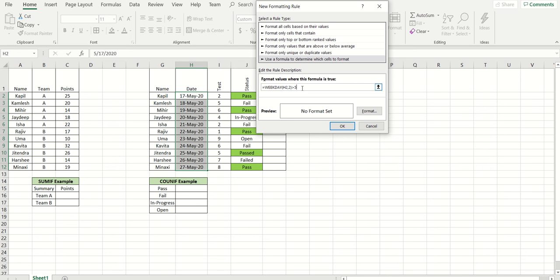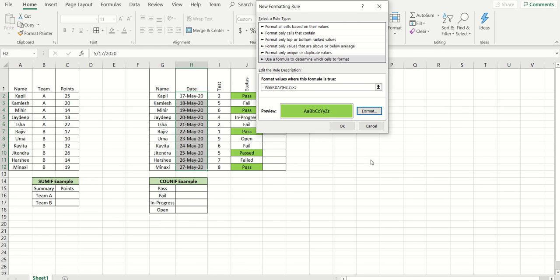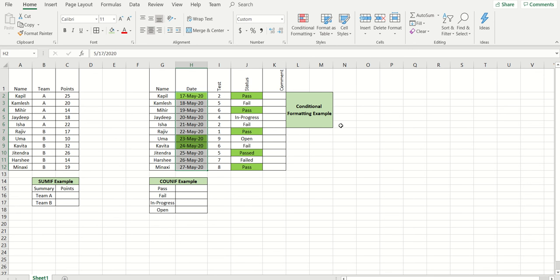So it will always set Monday, Tuesday, Wednesday, and likewise it will return the value. Because of that, I will give above 5 to catch Saturday and Sunday, and I will highlight them in green. Once I give OK, yes, it did that functionality.